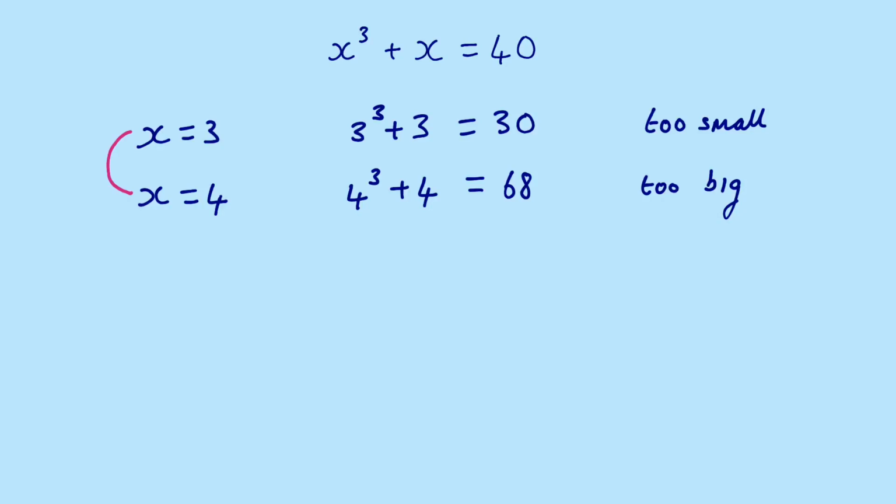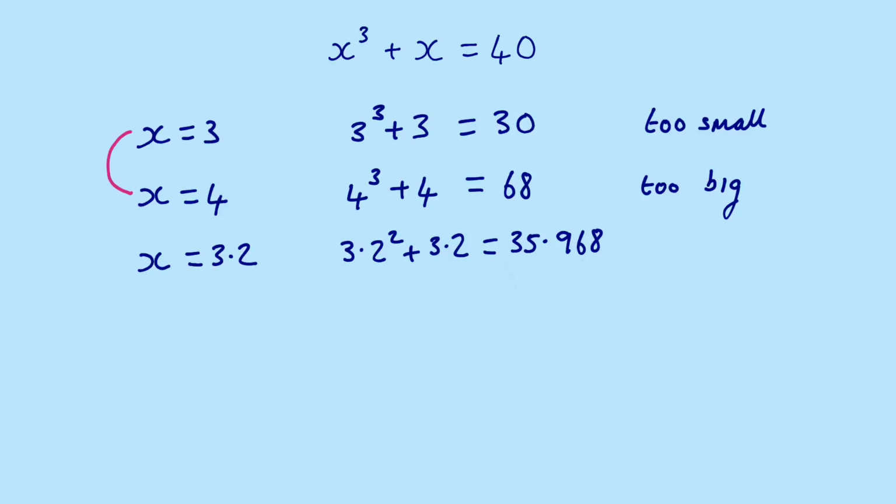Often in these type of questions, you're asked to find the solution to one decimal place. If we look at the two answers, x equals 3 gives us an answer closer to the 40. Therefore, we will try an x value with one decimal place, which is nearer to x equals 3. So let's try 3.2. So when we substitute that in to x cubed plus x, we get